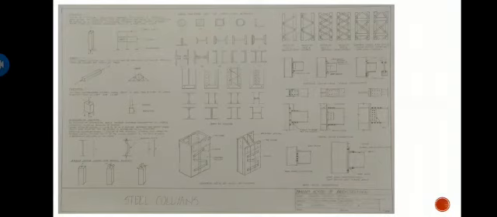Coming to the sixth topic, that is steel columns. Column is a vertical structural member that carries a structural load along its longitudinal axis and transmits the same to the foundation. A column is a vertical compressive member whose length exceeds 3 times its lateral dimension. Strut: if a member carrying axial load is inclined or horizontal with one or both ends pinned or hinged, it is known as a strut. Pedestal: an axial compression member whose length is less than 3 times its lateral dimension, that is L, length of the column less than 3 times its dimension, is known as a pedestal.